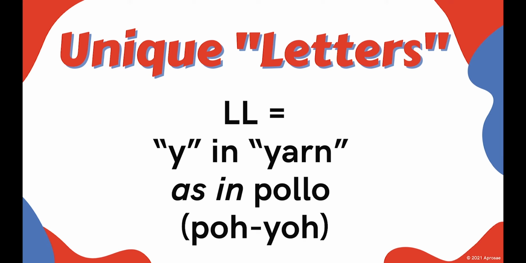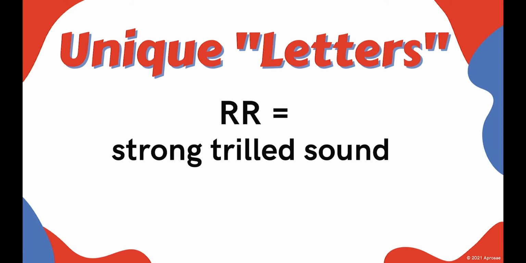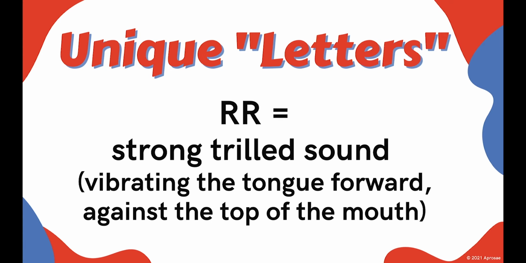The elle is a double L, and it's pronounced like a Y, like chicken, pollo. It's not polo, it's pollo. Always remember, double L is a Y. The other sound, the double R, that's called a trill. It's a trilled sound. It's rolling the R. Some do it with their tongue on the roof of their mouth. Spanish speakers, from my experience, will be absolutely forgiving if you do not trill your double R's. Luckily, the double R's still have that sound that they do in English, so you're pretty safe.